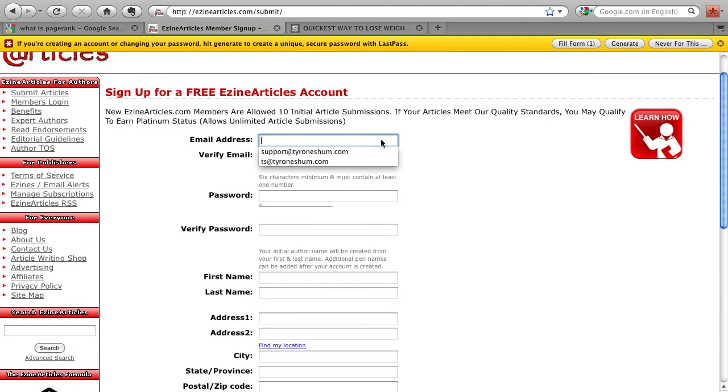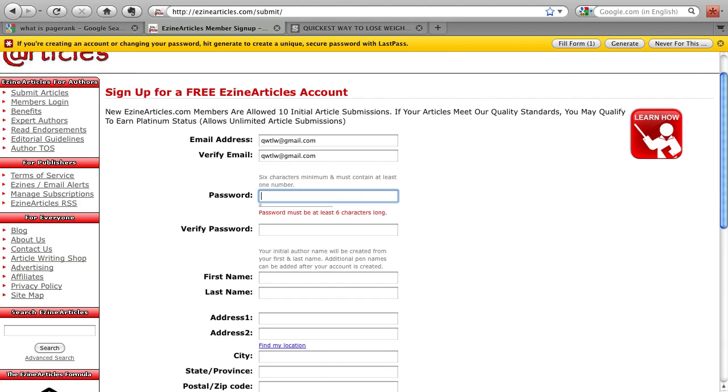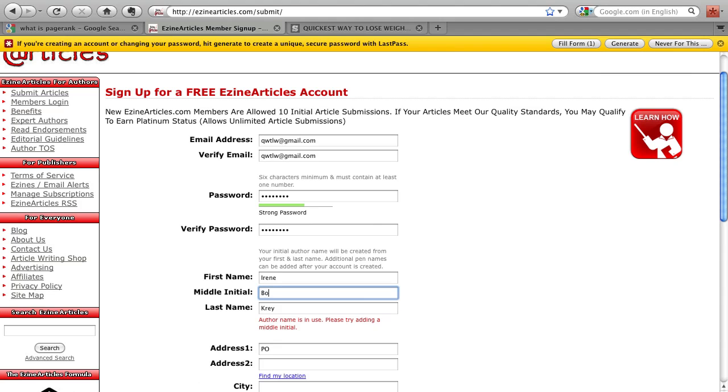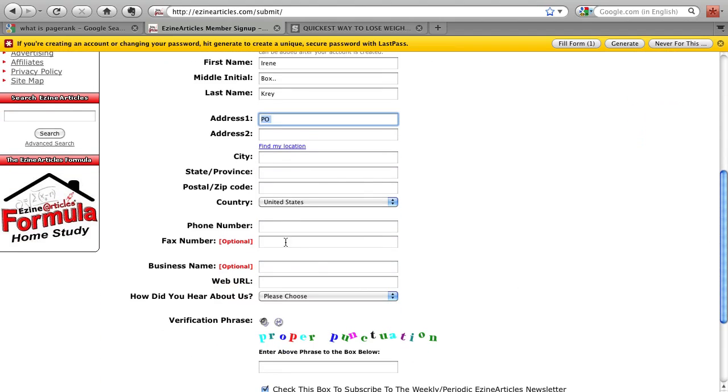So I'll just put that in, for example, QW at gmail.com, and then the password. First name, so I'm using a pseudonym, and then the PO box and so on.